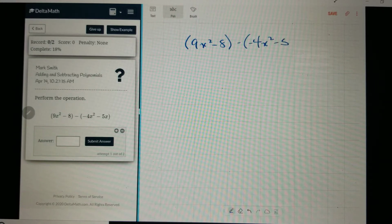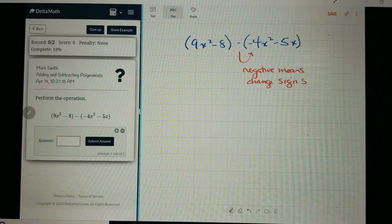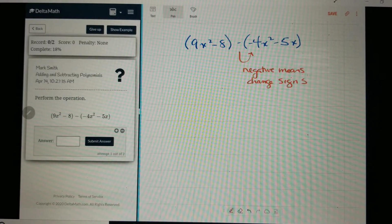Now, the first thing that I like to do when there's a negative is go and take this negative right here and make sure that I change my signs. Negative means change signs. All right, so we're going to change negative 4x squared becomes a positive 4x squared, and negative 5x becomes